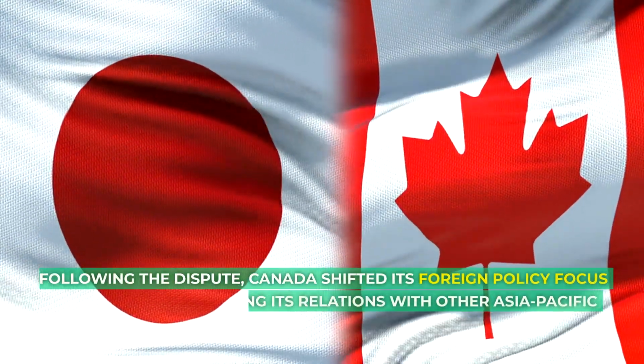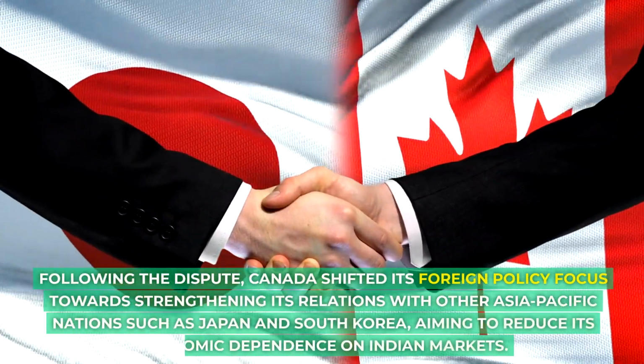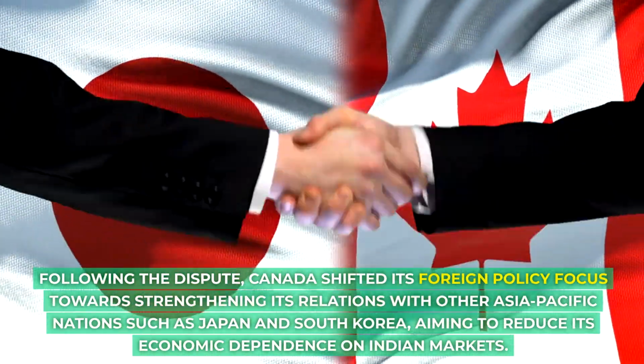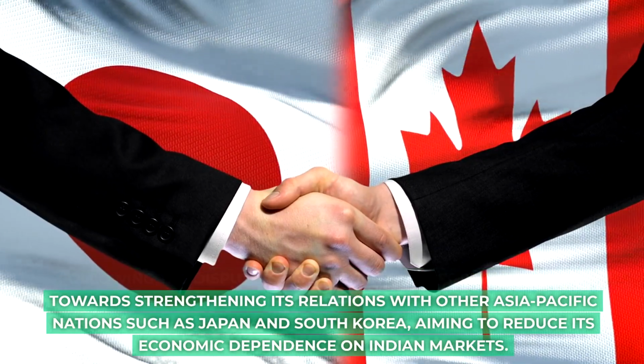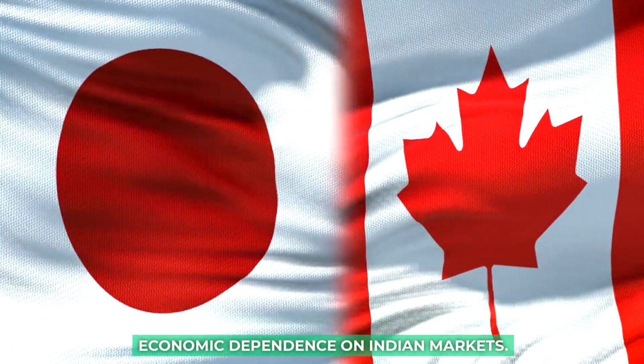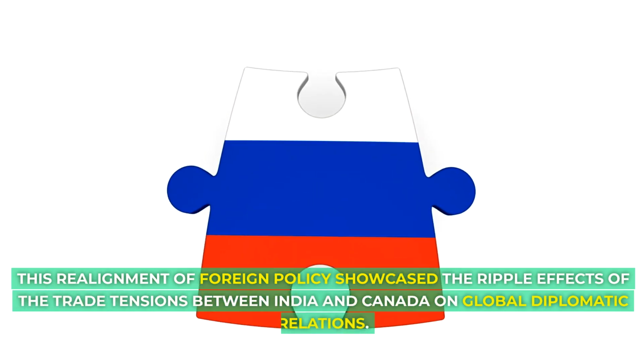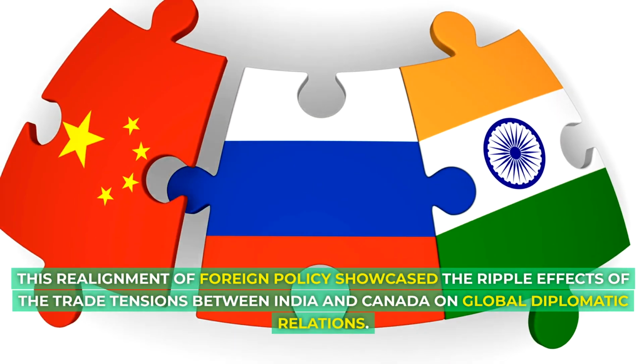Following the dispute, Canada shifted its foreign policy focus towards strengthening its relations with other Asia-Pacific nations such as Japan and South Korea, aiming to reduce its economic dependence on Indian markets. This realignment of foreign policy showcased the ripple effects of the trade tensions between India and Canada on global diplomatic